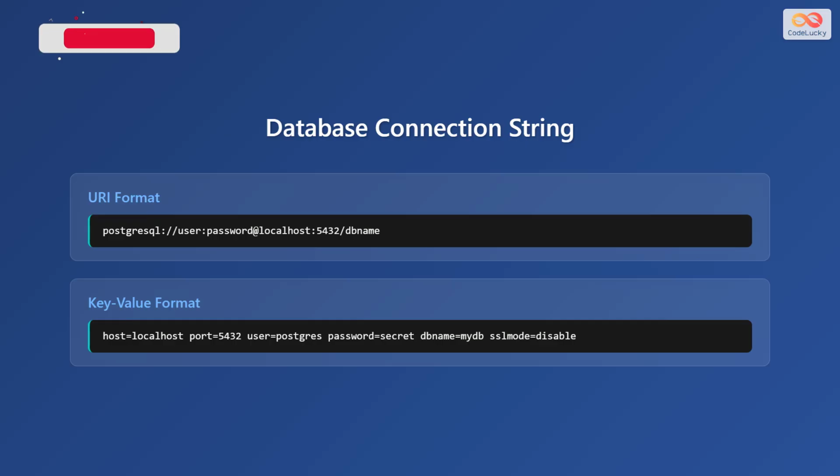To connect to your PostgreSQL database, you'll need a connection string. This string provides the necessary information for Go to locate and authenticate with your database. There are generally two formats for the connection string, which are the URI format and the key-value format. The URI format looks like this: